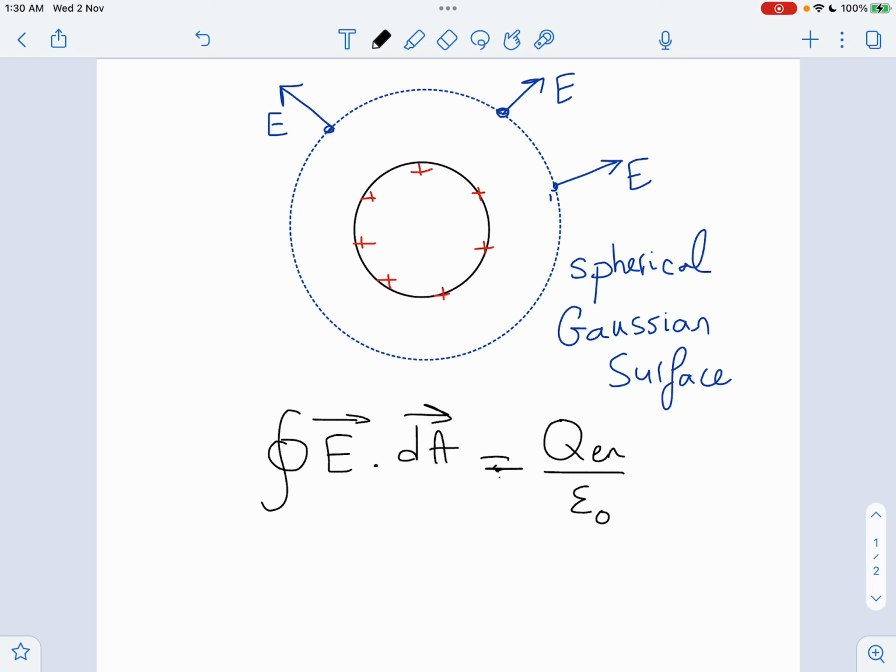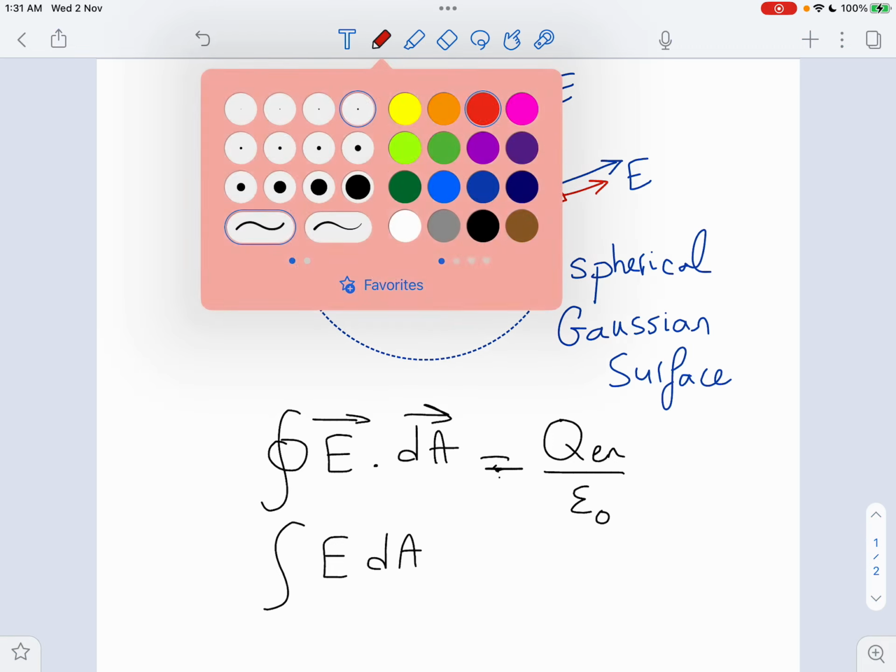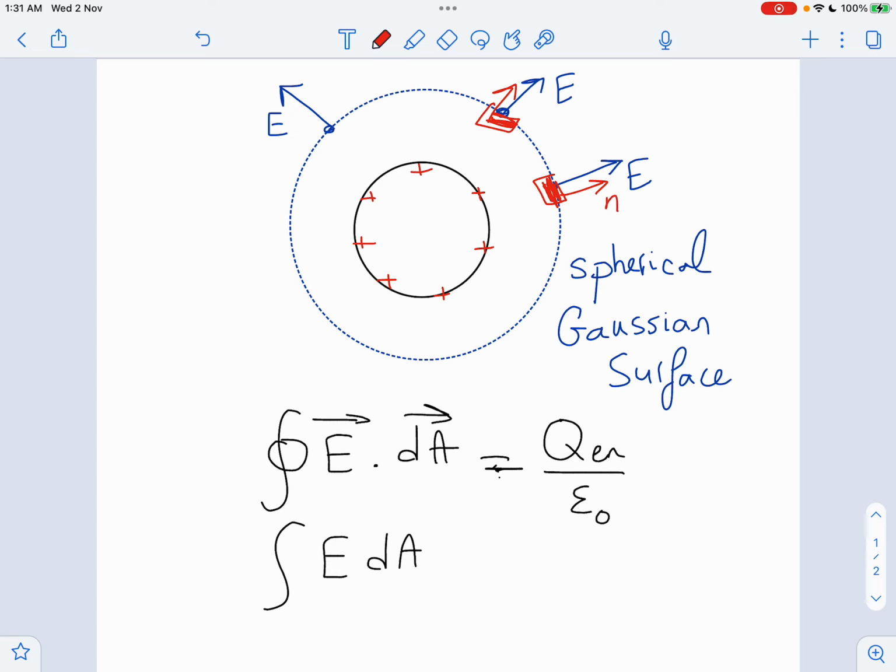Now, we can notice that for every small dA, the normal to that area is in the same direction as E. So E dot dA becomes E multiplied by dA multiplied by cosine 0, which is 1, because the angle between E and the normal is 0. So the closed integral of E dot dA is Q enclosed